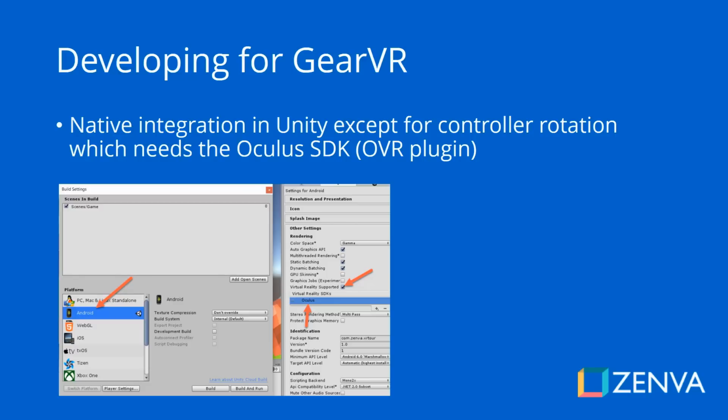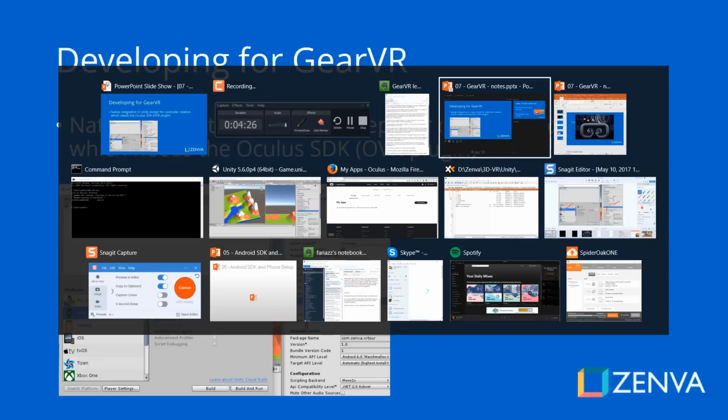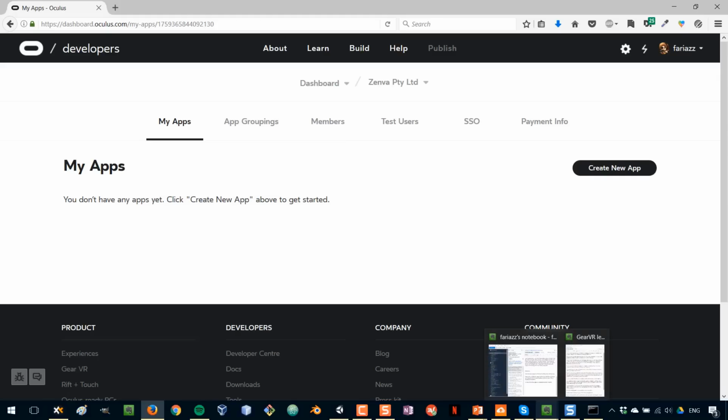But before I can build my game for the Gear VR, we need to download what's called a signature file from the Oculus website. So let's go to developer.oculus.com, and you have to sign up as an Oculus developer. Once you've signed up as an Oculus developer, for which you can use your Facebook account or create a new account,